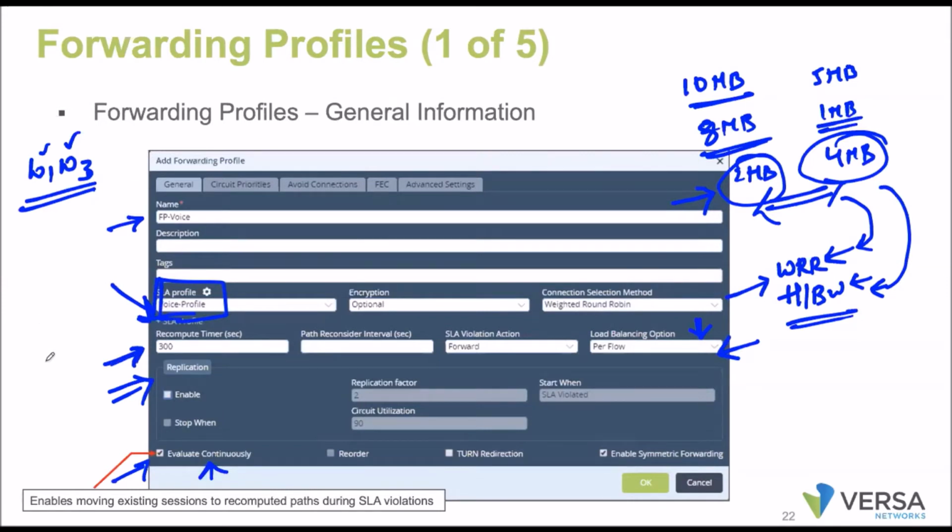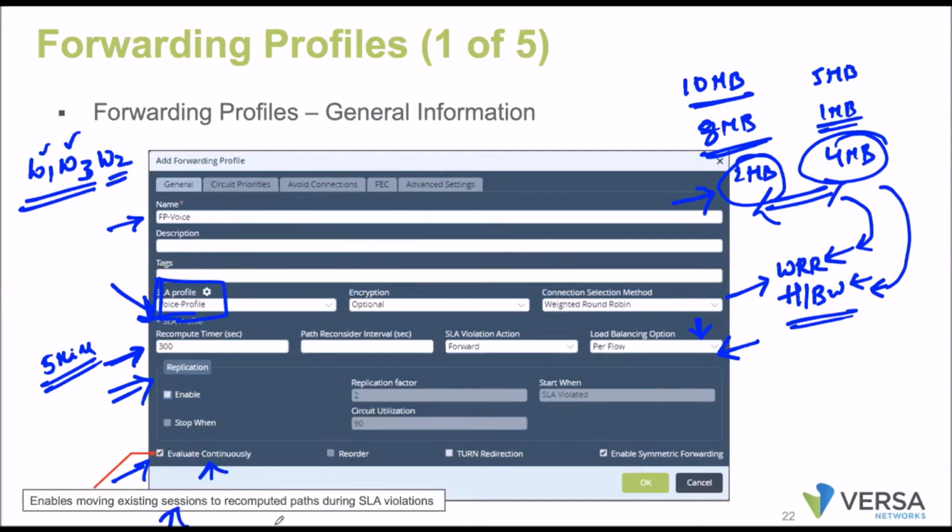Now, recompute timer. What is this recompute timer? For every 5 minutes, the device will try to verify whether the interface is falling under the compliance or not. So every 5 minutes, it starts verifying. Now assume after 5 minutes, even WAN 2 is meeting our criteria.